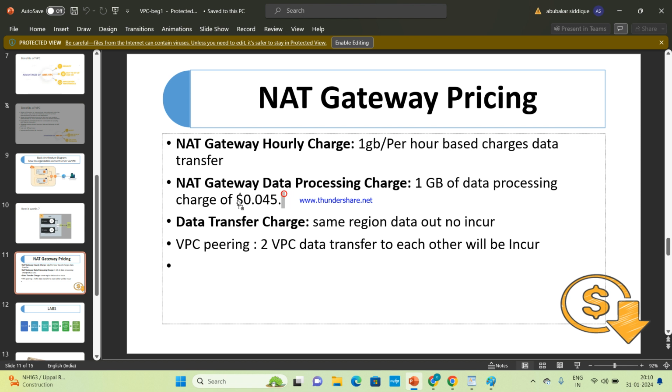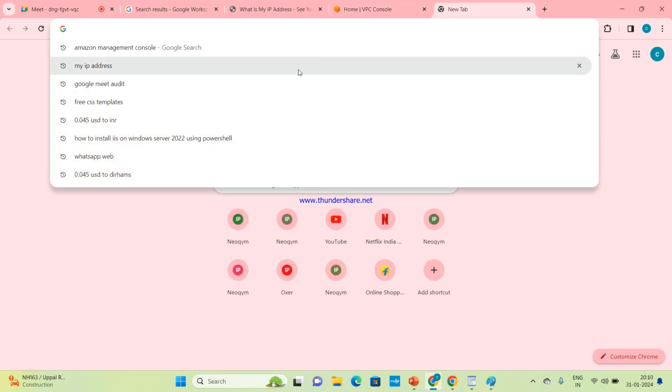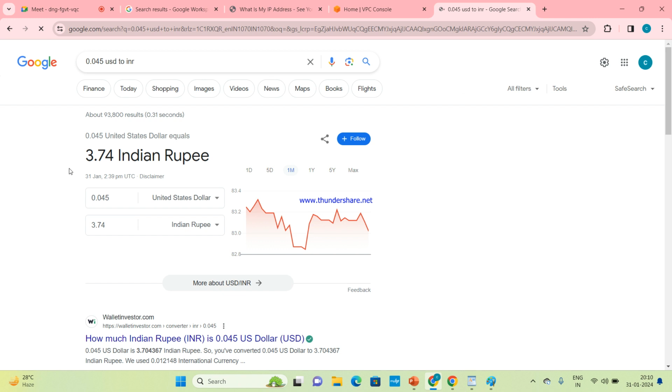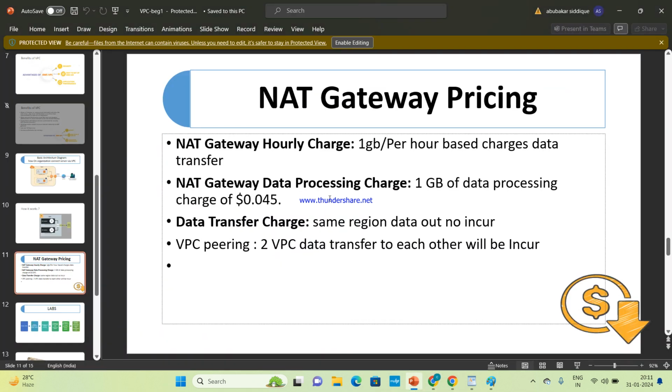That will be almost ₹4, I guess. So for 1 GB of data processing, it will charge about ₹4 in INR.